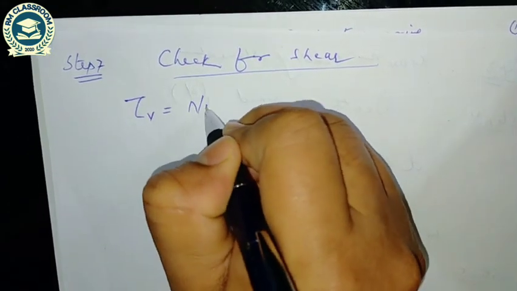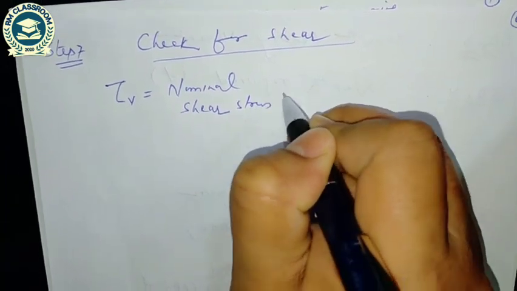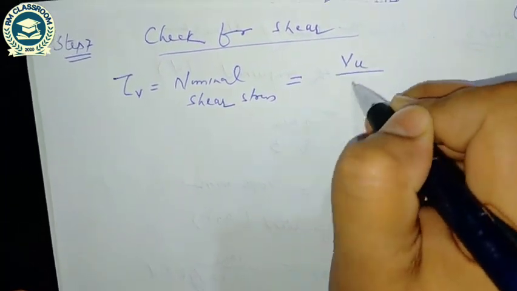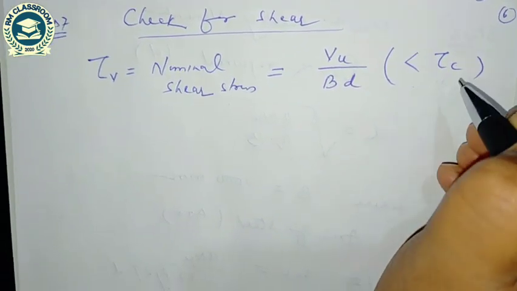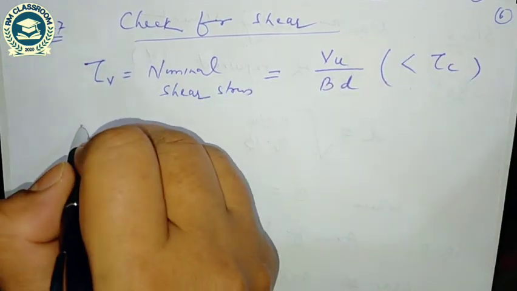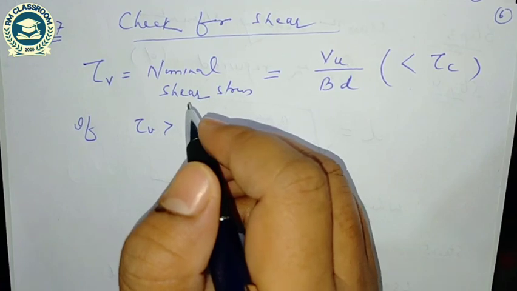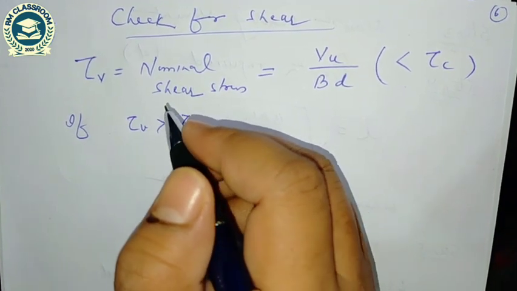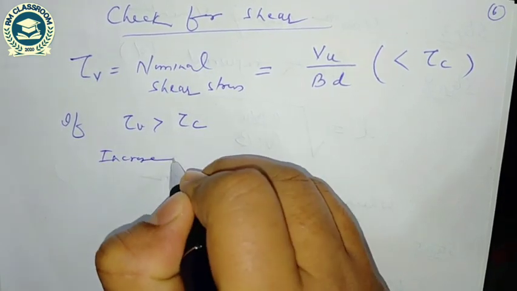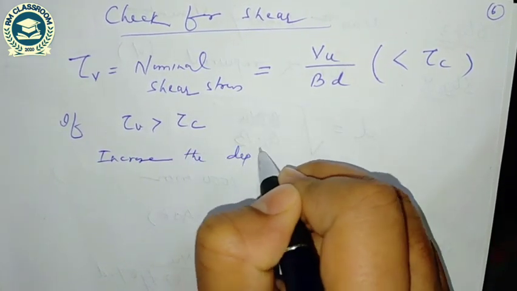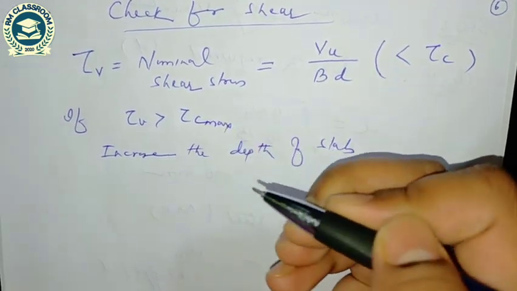Tau V is nominal shear stress, that is factored shear force by B into D, and it should be less than tau C. If tau V is greater than tau C, increase the depth of slab. If tau V is greater than tau C max,